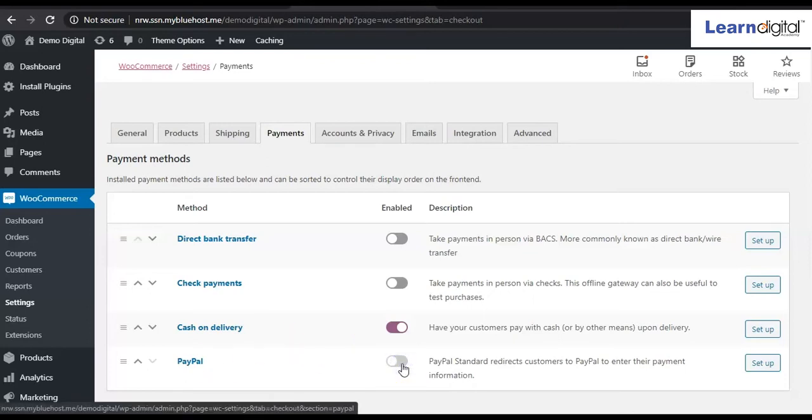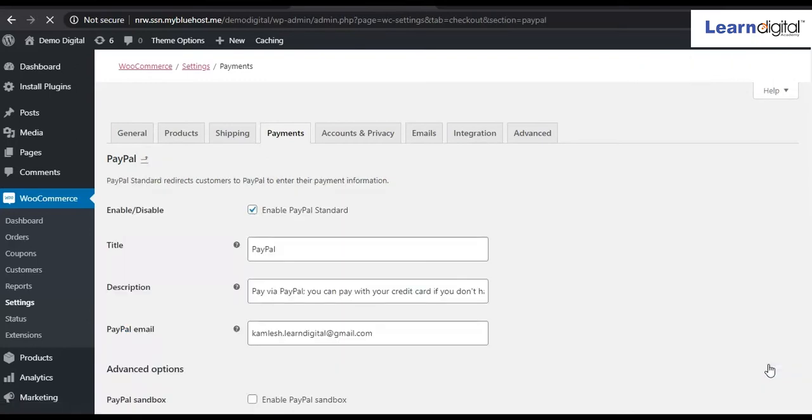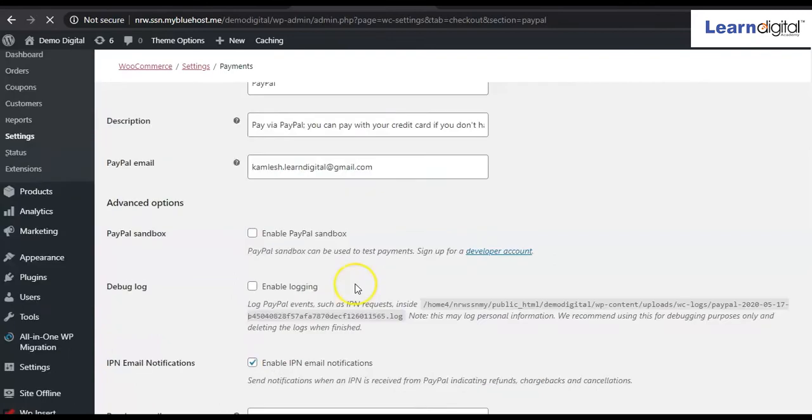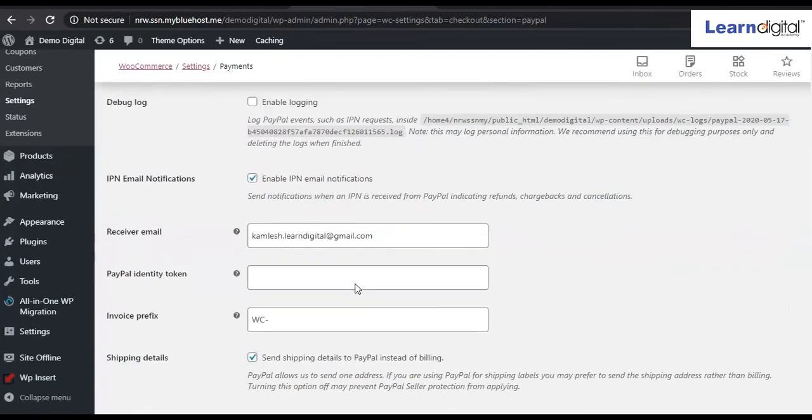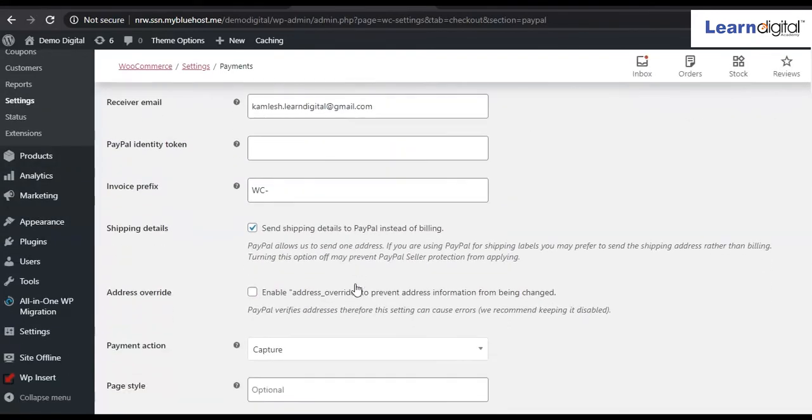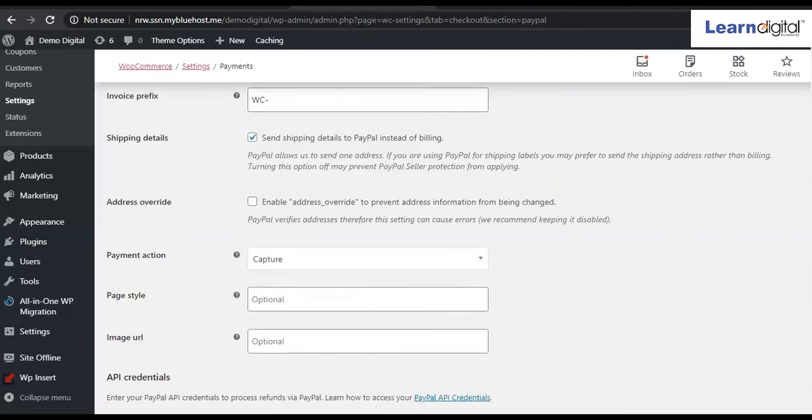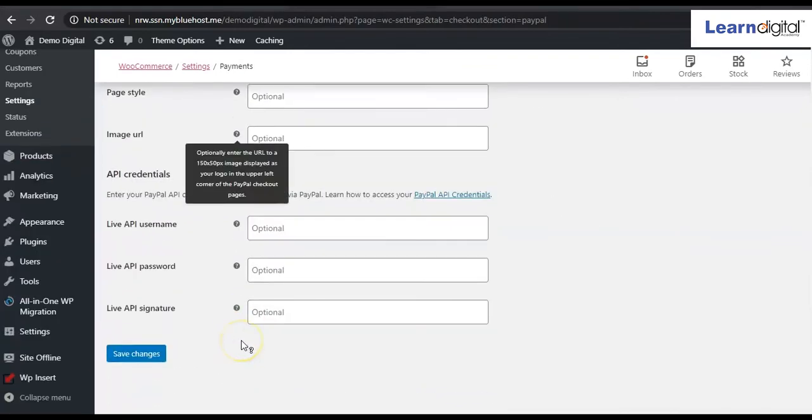select on this. Then after, you have to do some sort of setup. When you will be doing this one, it will be asking for your API code. So API code is very important. By default, it has taken these things. Here, okay, I'll show you, just wait. Here you can see API credentials, right?